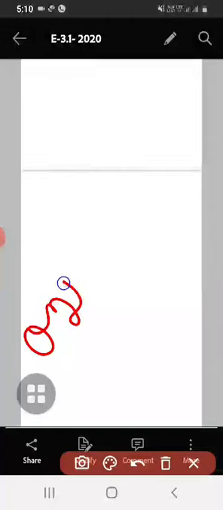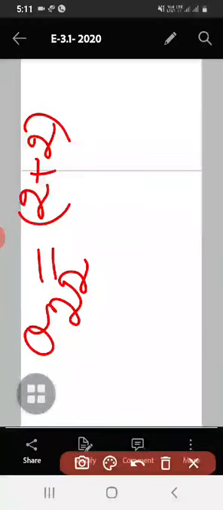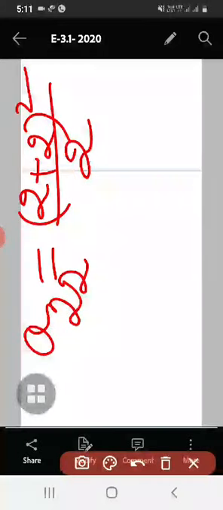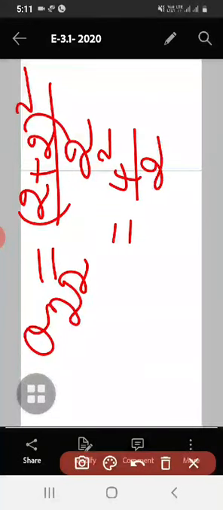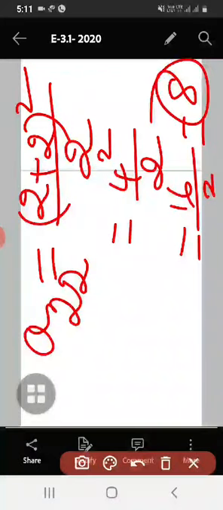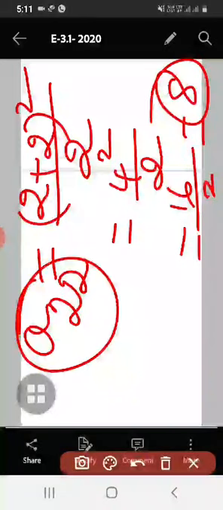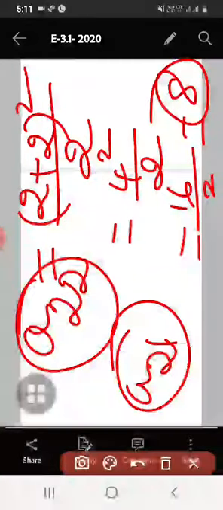So A22 is equal to, what was given? (i plus j) whole square. i means 2, j means 2, so (2 plus 2) whole square divided by 2. 2 plus 2 means 4 square divided by 2. So 4 square means 16 by 2. If we cancel it, I will get 8. Okay, A22. What is left here? A21. So we have to calculate A21 also. I will do it in the next step.